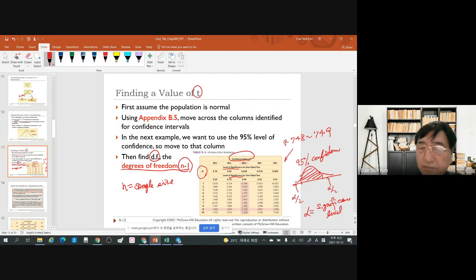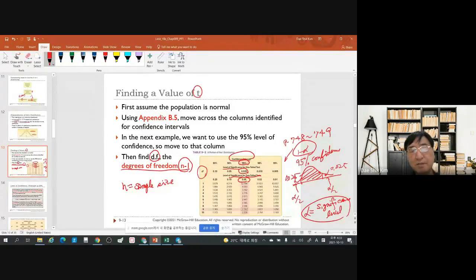Significance level. 1 minus alpha is the confidence level. Alpha is the significance level. You need to understand the terminology. So 95% confidence means 5% significance for two-tail. For one tail, it is only one side: 0.025 on each side, and a two-tail problem is 5%. One tail is one side only,